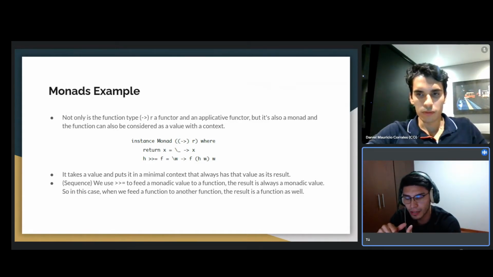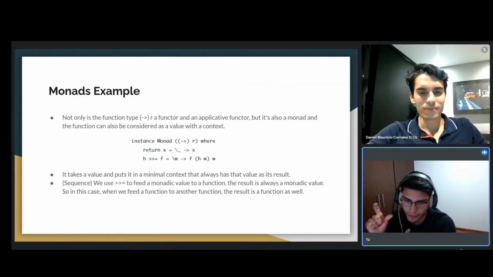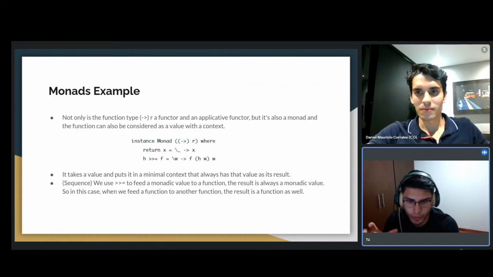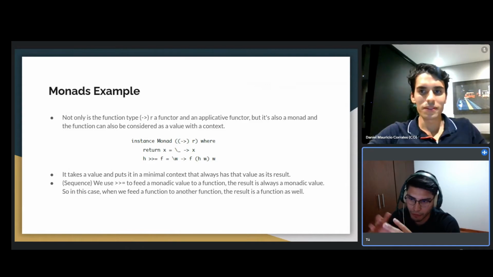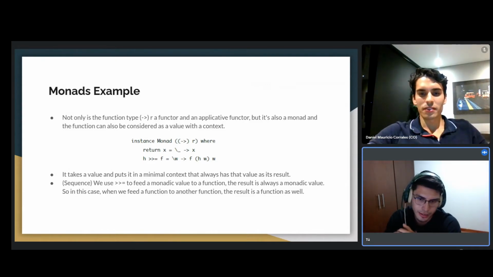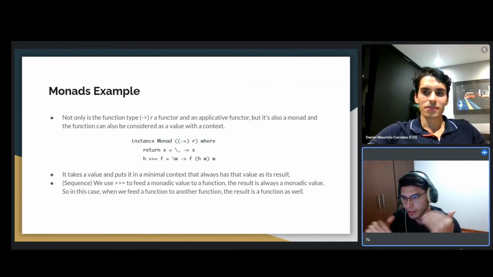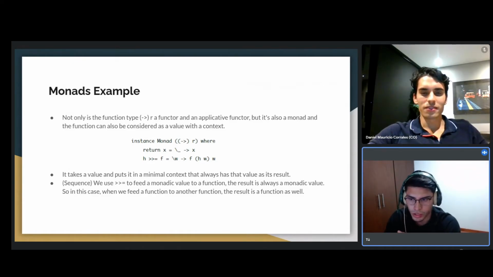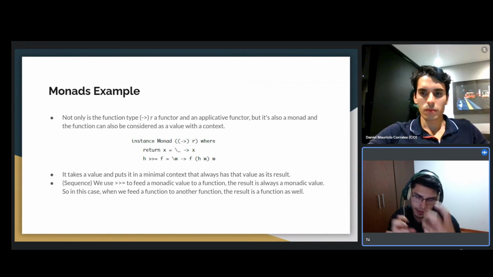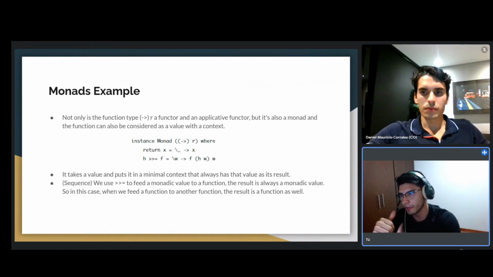Okay, and third, the sequence: we use that operation, the symbol with the equals, to feed a monadic value to a function. The result is always a monadic value. So in this case, when we feed a function to another function, the result is a function as well. This is, for example, if we go to programming languages like JavaScript, when we use higher order components in React, or when we use graphs, we can use functions inside functions. Okay, so if we go next,